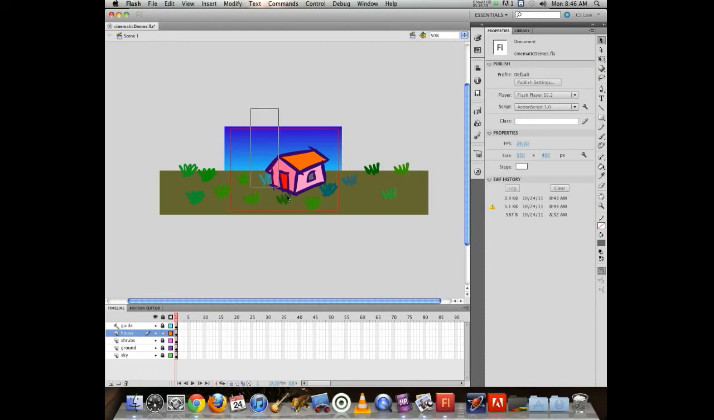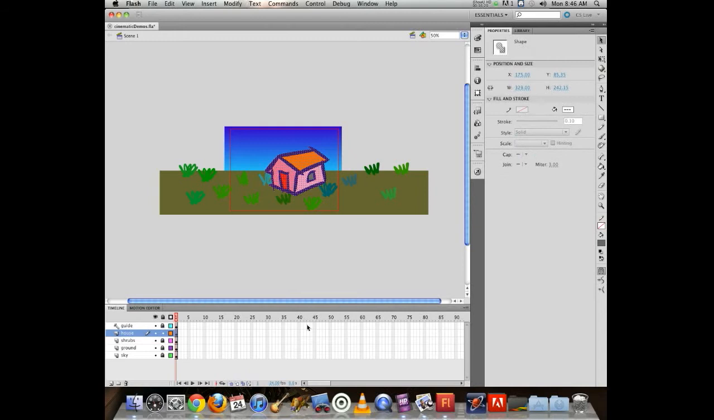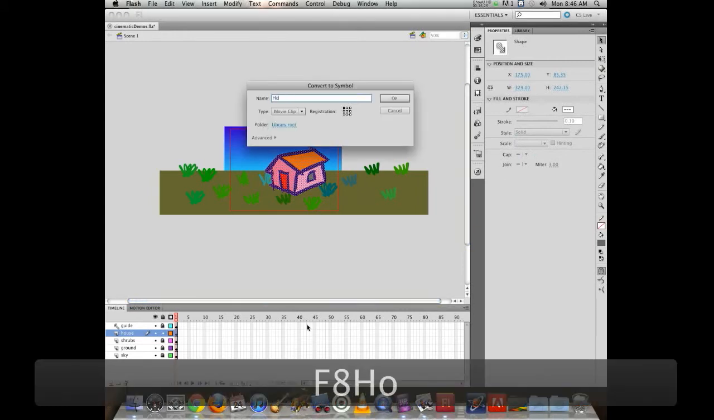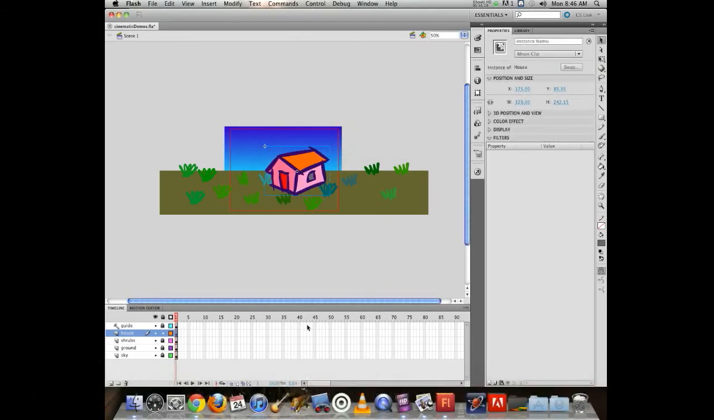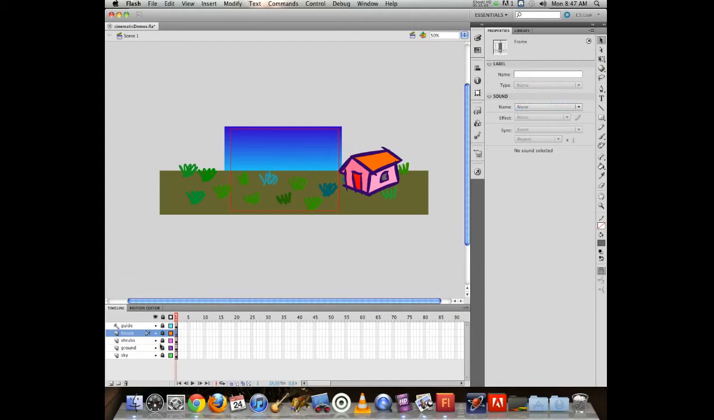Now I'm going to convert that house that I've drawn into a symbol. So I can hit F8 and convert this into a symbol. Because if I intend to animate this or move it across the screen, it makes sense to convert it to a symbol so that I can use motion tweening, so I'm not limited just to kind of redrawing it on each frame, because that would really suck. So now I'm going to position that house over here, lock my house layer, and